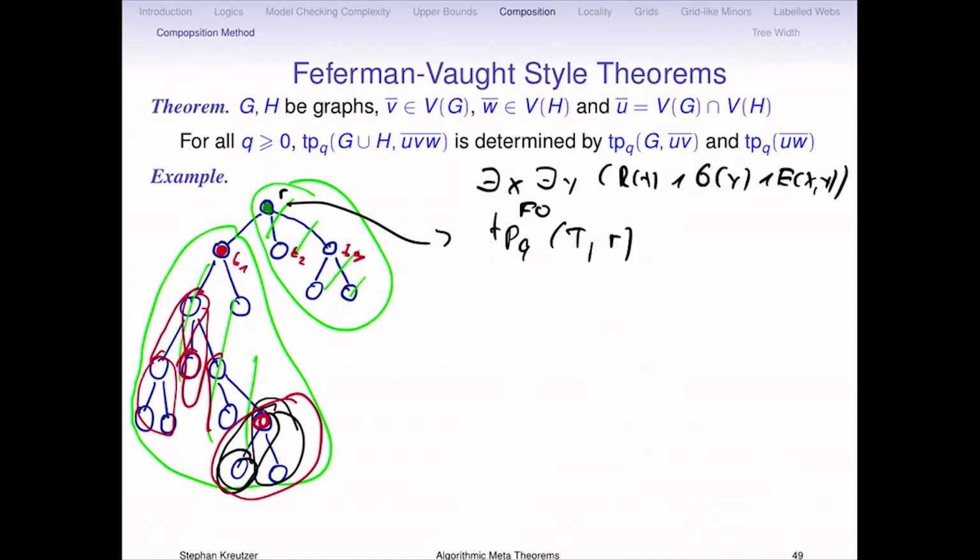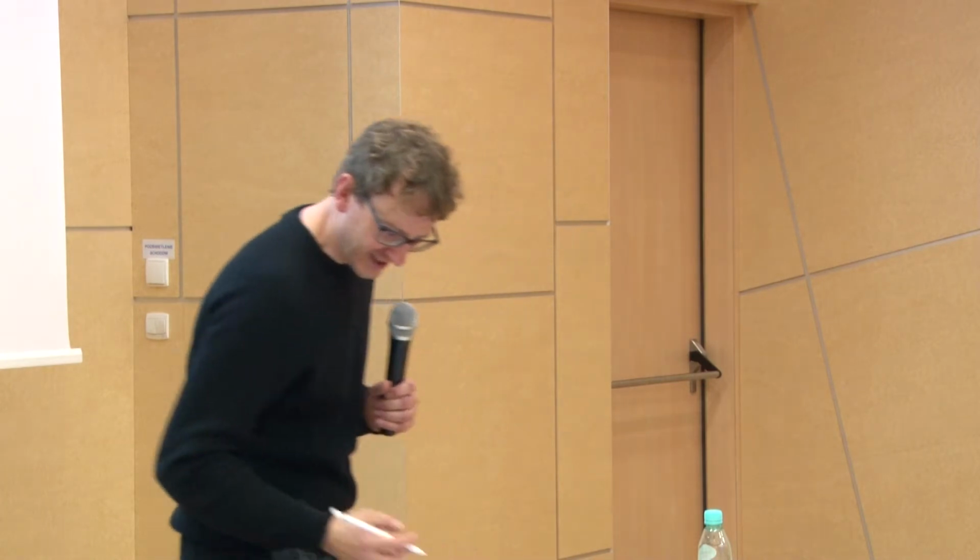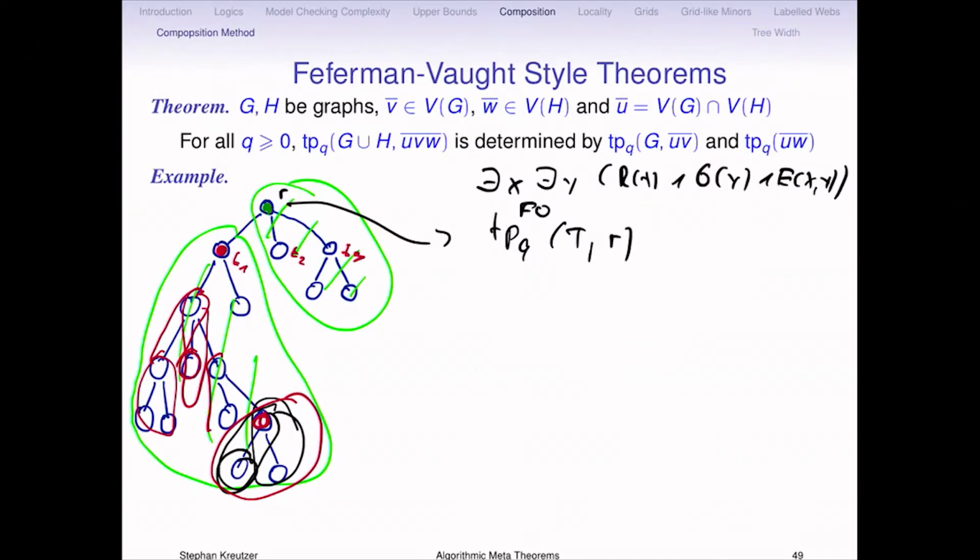Yeah? So I'm a bit confused about how you work bottom up using the theorem. So why is the fact that I know the type of T1 in its subtree and the type of T2 in its subtree? Thank you for this question. I'm sorry for interrupting, but I found this example. Because I think I know what you're going to say. If not, then correct me. Because how do you do this, actually?